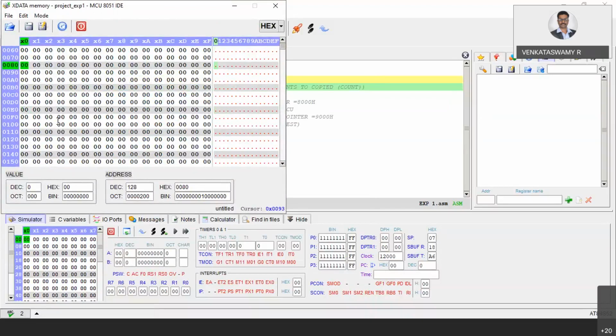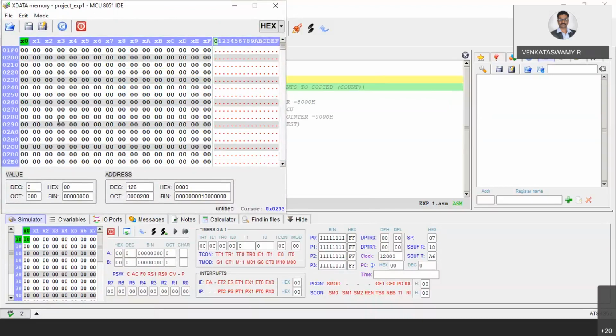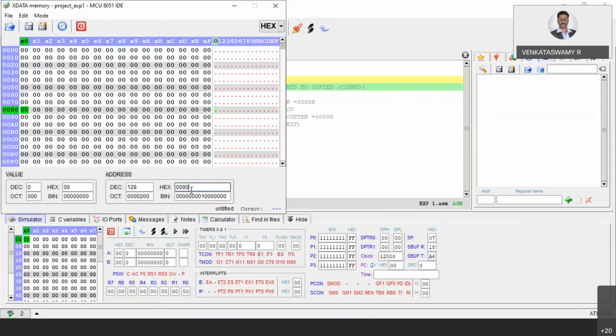Now here you typed 8000 fully. You have to type in X. Decimal, binary, octal is there, not that. That is the value, byte. Here, next address place. There you type 8000. Now take the cursor to that particular place. Save some random 10 numbers. Any number is fine. Keep typing. It will store. That's it.